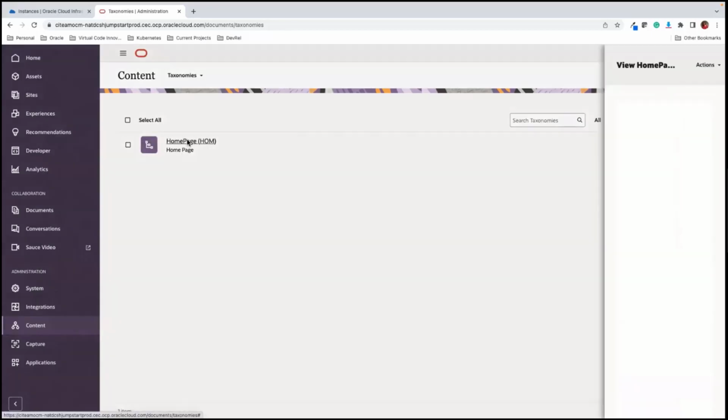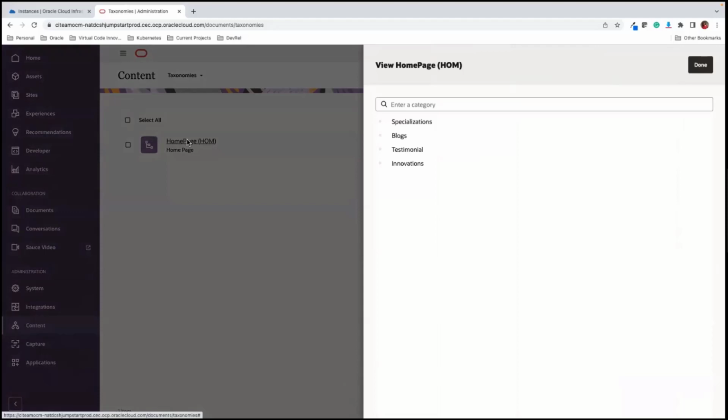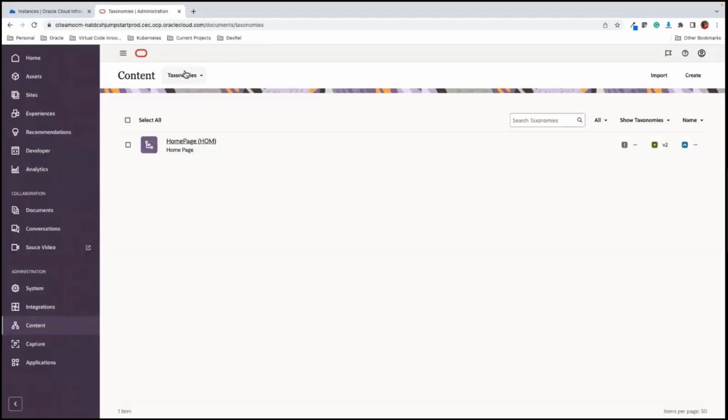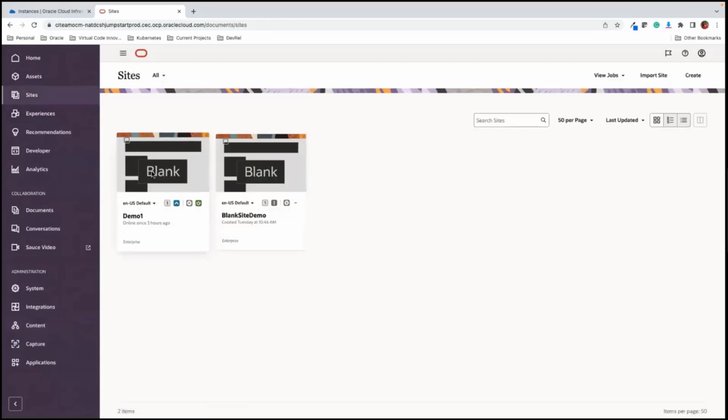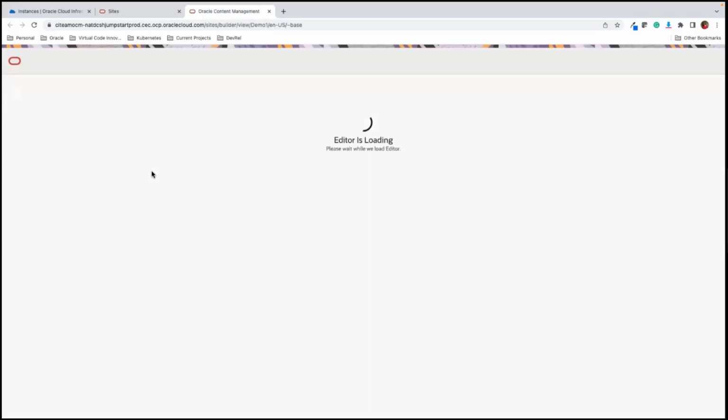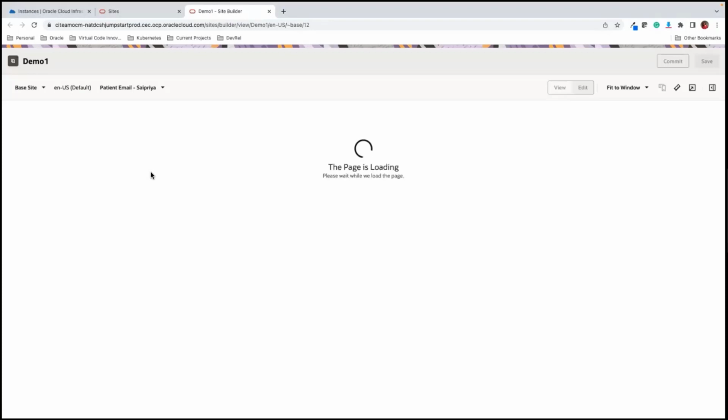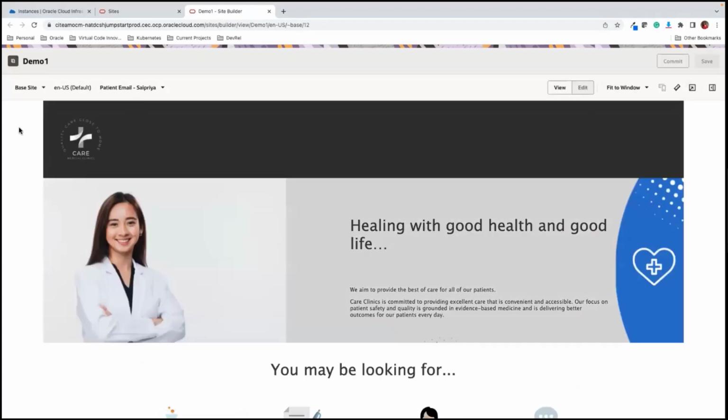So let's say I have a homepage, and within that homepage, I want to add specializations, blogs, testimonials, and innovations, and so on. So these are all the taxonomies which I have defined. Okay, so let's see the end result. What we are going to do now is work on building a web page together, right? So this is